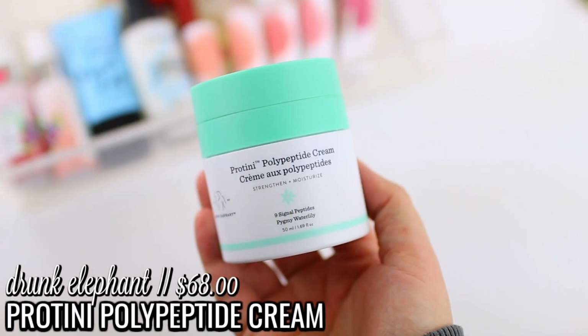I do have a couple of moisturizers to share with you guys. So the first one is also from Drunk Elephant. I know that some people don't love Drunk Elephant, some people do. I think there are Drunk Elephant products that are worth the money, and I think there are other Drunk Elephant products that can easily be replaced by more affordable alternatives. So you have to do what works well for you. But I will say that the Drunk Elephant Protini Polypeptide Cream has made such a difference in the texture of